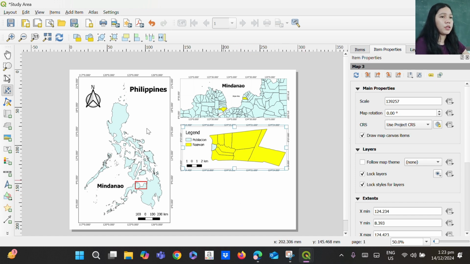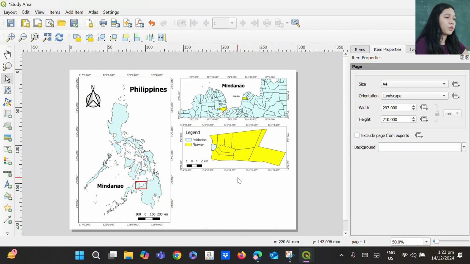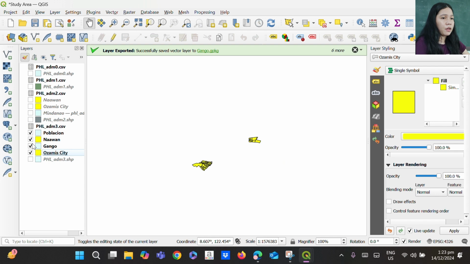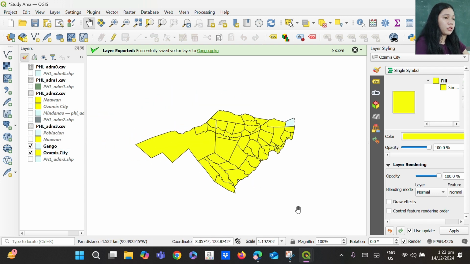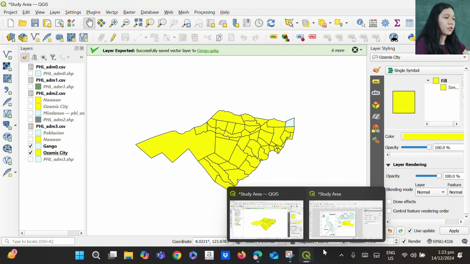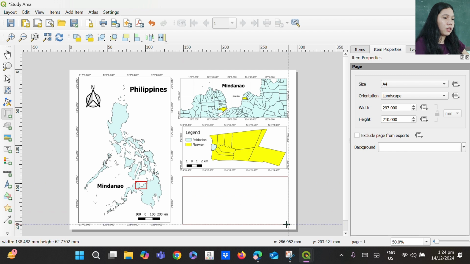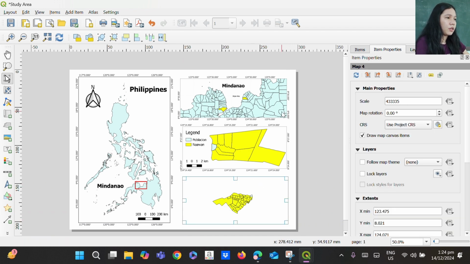We move on to another study area, which is the summit. So we're going back to the previous window. So we're going to check the next map. We're going to add to the layout. And again, we're going to add this map down here. So this is the last map of our study area. So again, we're going to adjust the scale of the map. I'm going to narrow down the number 30, 25.